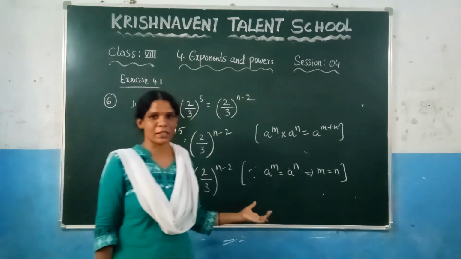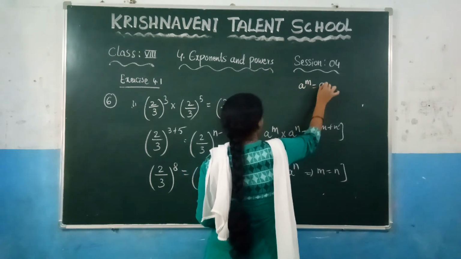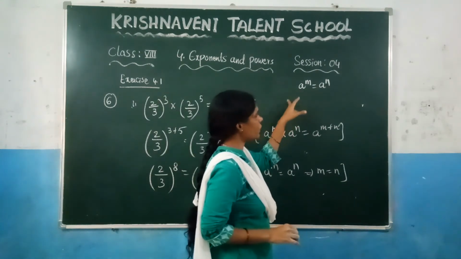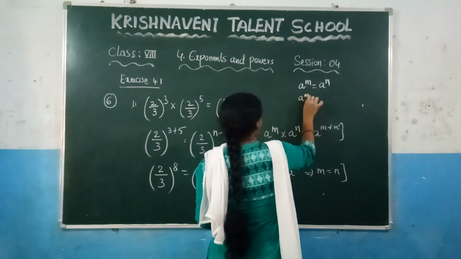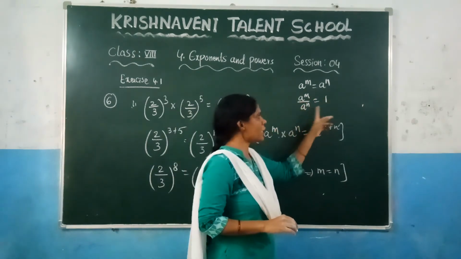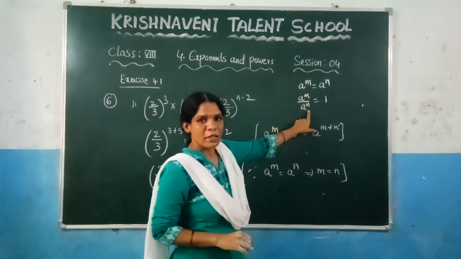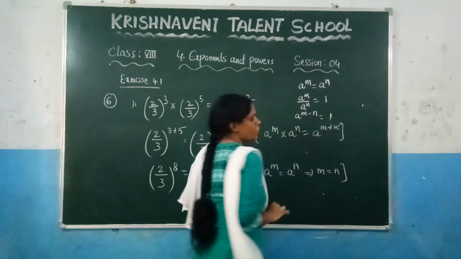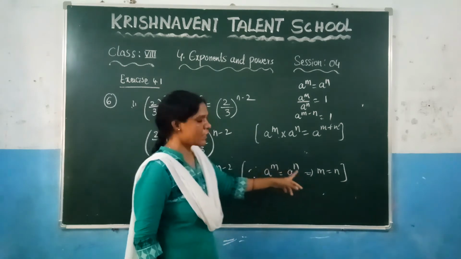We did not solve this one, so let us see how you will get this. Here a^m is equal to a^n. If you take a^m to this side, what will it become? It will become division, so you will get a^m by a^n is equal to 1. Since we took a^m this side, what is our term here? 1. And it is in the form of a^m by a^n, so you can write this as a^(m−n) is equal to 1. I am explaining why, if the bases are equal, we are equating the powers.